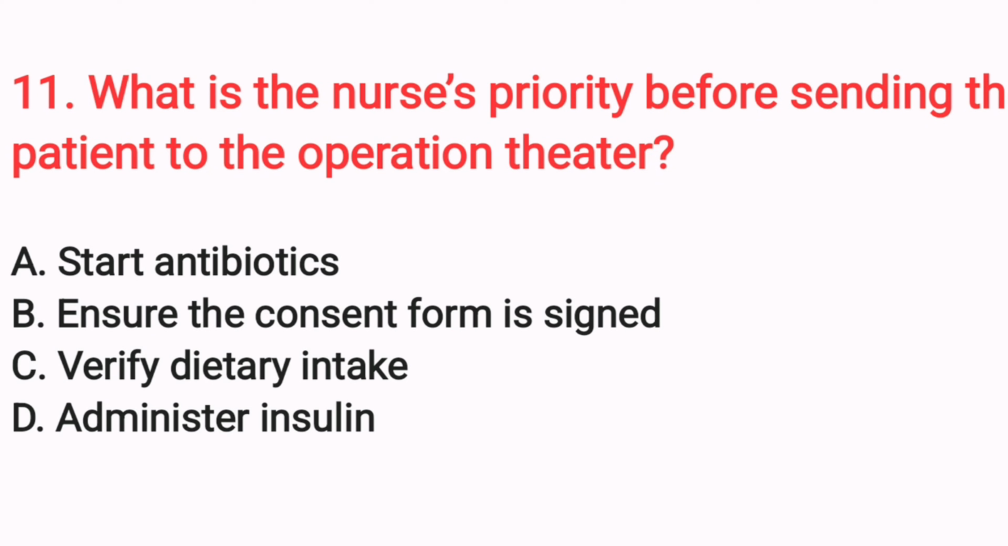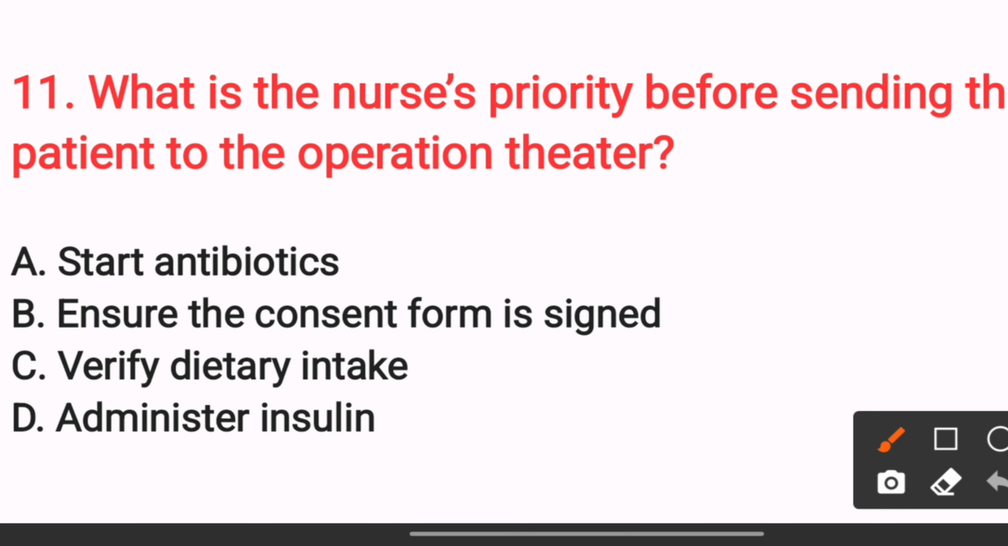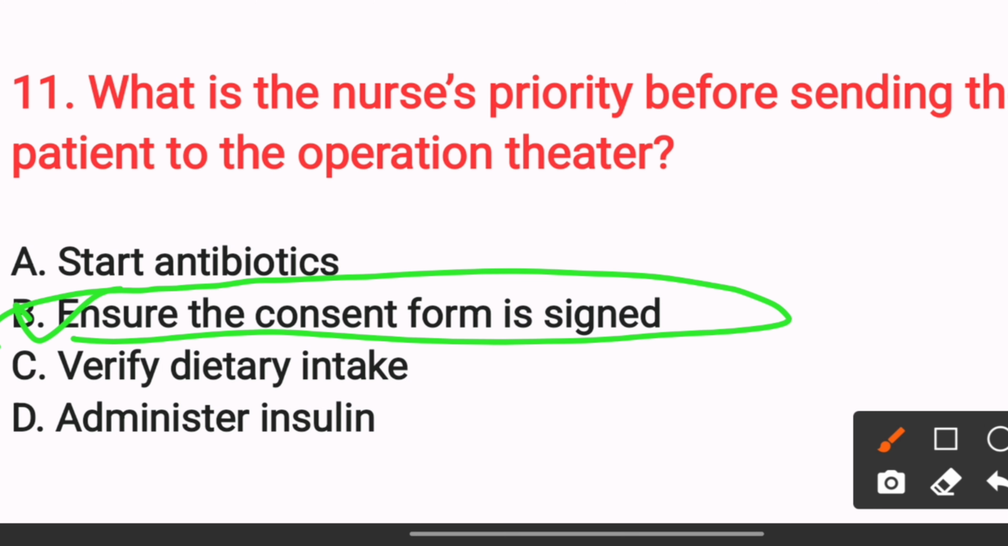Next, what is the nurse's priority before sending the patient to the operation theatre? Option A, start antibiotics. Option B, ensure the consent form is signed. Option C, verify dietary intake. Option D, administer insulin. The answer is option B, because the nurse must verify that informed consent is obtained and signed before surgery begins. Next,